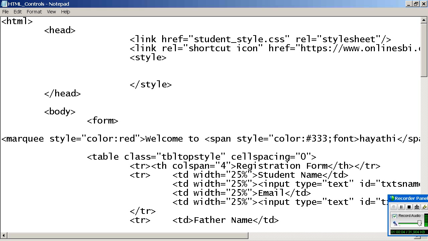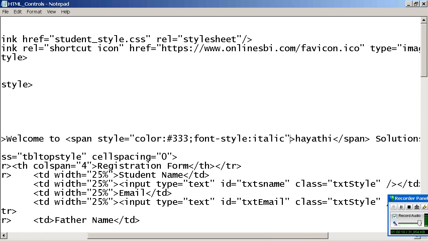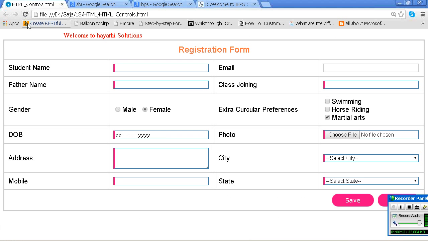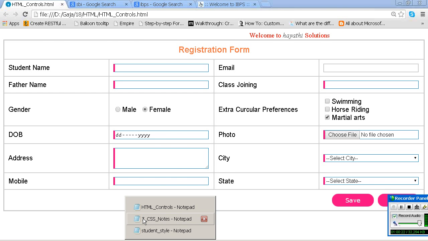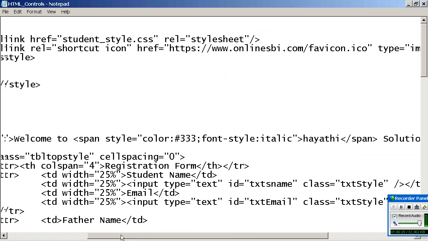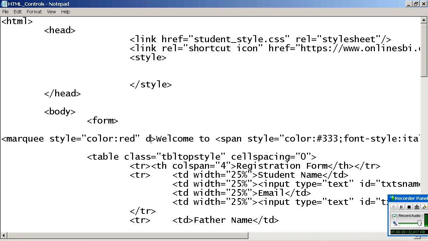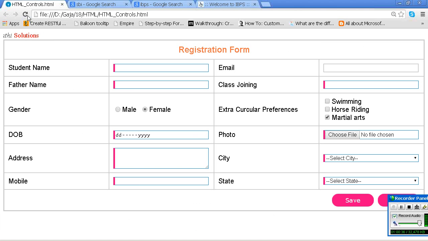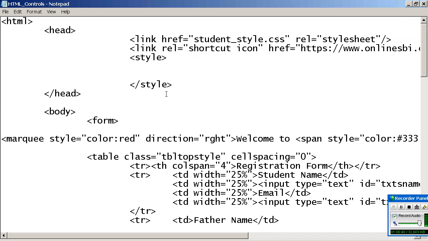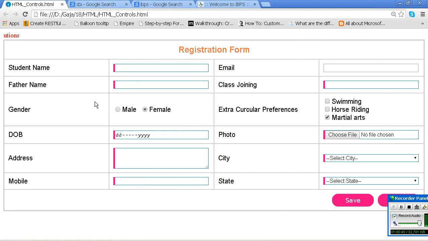Font, I want to make it italic. What is the font style? And this is going from right to left. That is the default direction. If I want it from left to right, I can also do that.